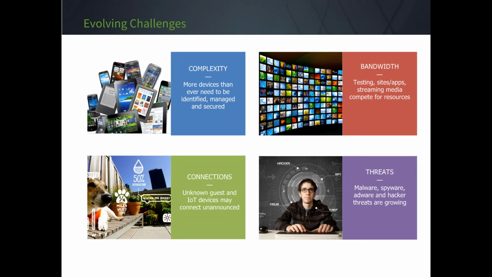The complexity of a network, the bandwidth that is used up with all of the new devices coming online. Middle schoolers have cell phones, iPads, tablets, Chromebooks. The majority of our society is really technical these days, and all of those problems show up on your networks whether you want them to or not. Untangle allows you the benefit of really narrowing down what can happen on your network so that your life is a little bit easier, as well as the connections or the threats.